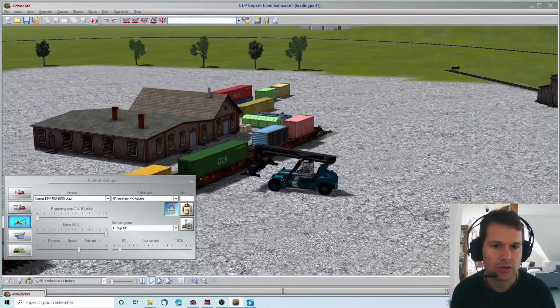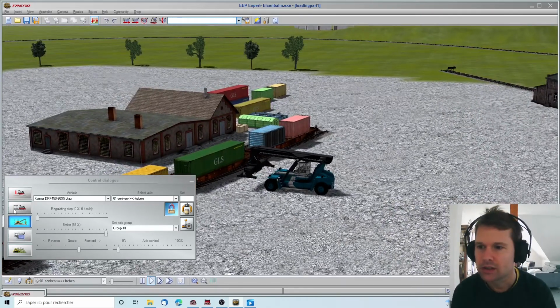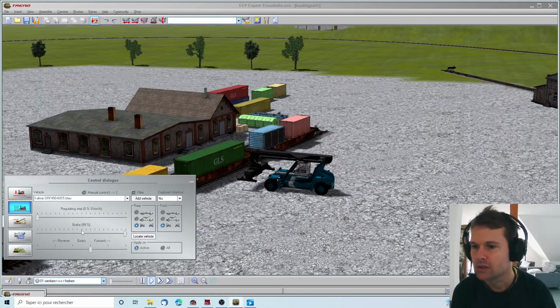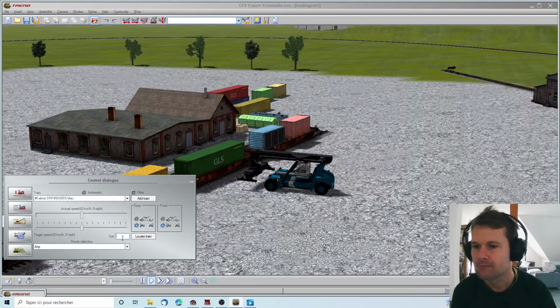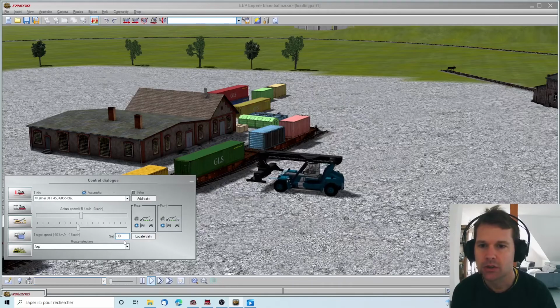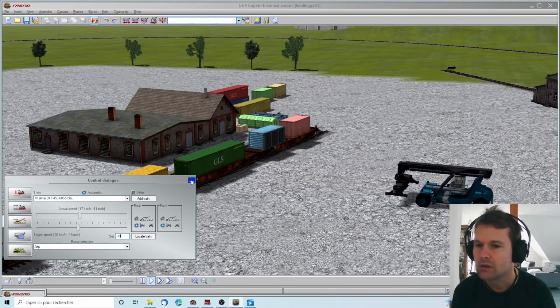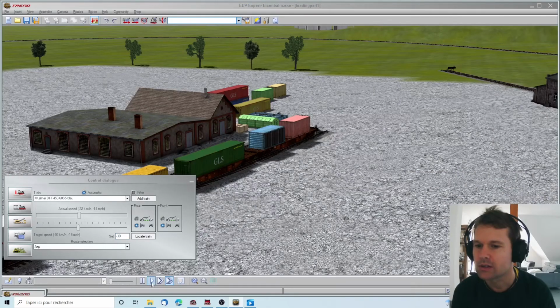Now let's go and start the next step. That's to say, he's driving backwards. Don't need him anymore, so go away. That's nice. Okay, go faster. And now